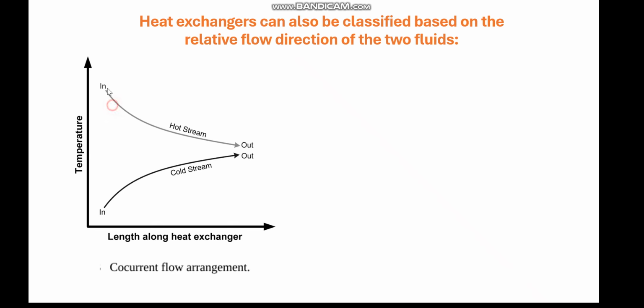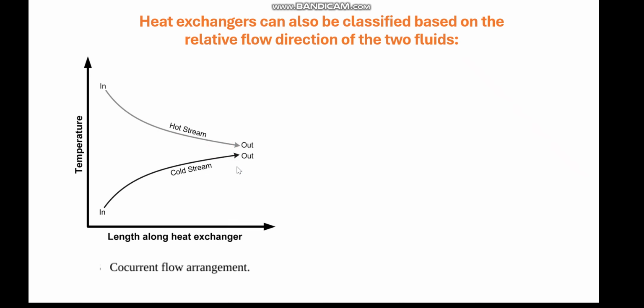As the hot fluid moves along the length of the heat exchanger, its temperature decreases, and as the cool fluid moves, its temperature increases. Co-current has the disadvantage that the delta T temperature difference is not constant,